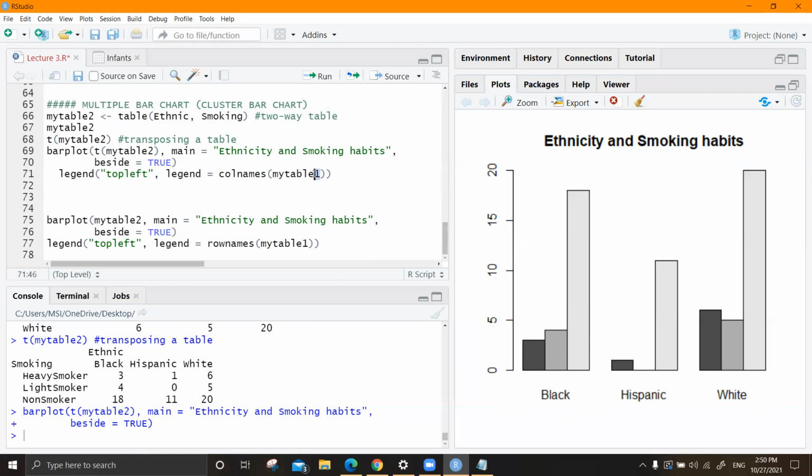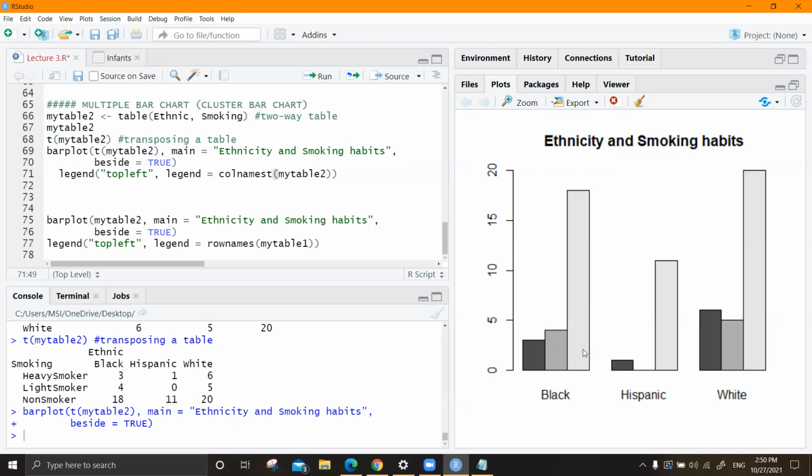So this is table 2. Actually, this one. This is the transposed version of table 2. What we have here is the column names.